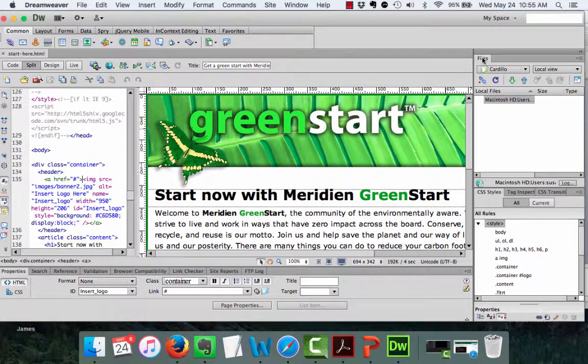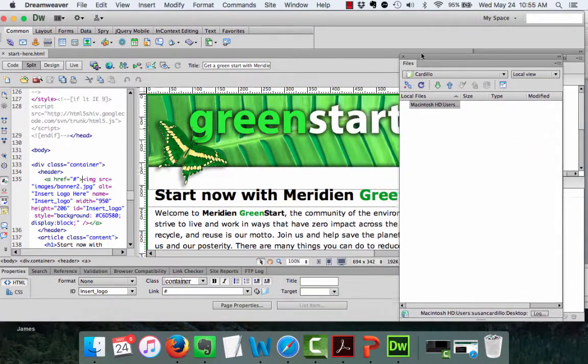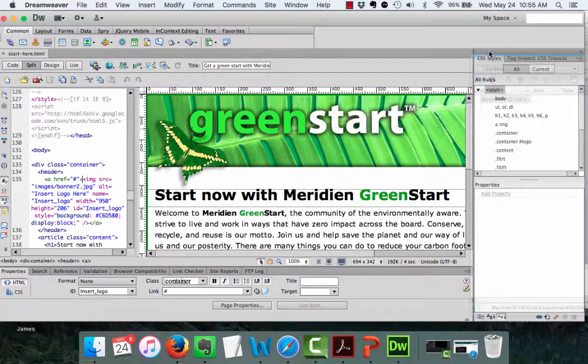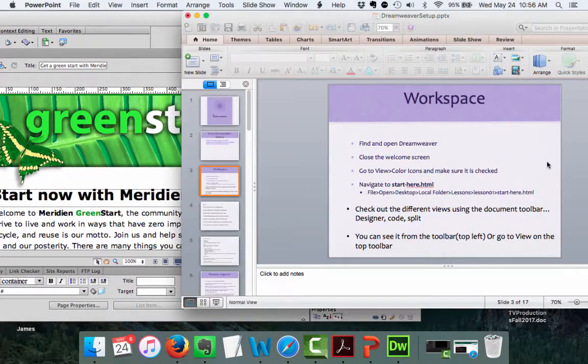It shows up. Now here's the cool thing. On yours, it'll probably be sitting out like this. Okay? It's going to open for you. Well, we can then just take it, drag it over here, and when you see that little blue line, see that blue line? You let go, and there it is, okay? And we want to do that with several things. So let's go back here, and